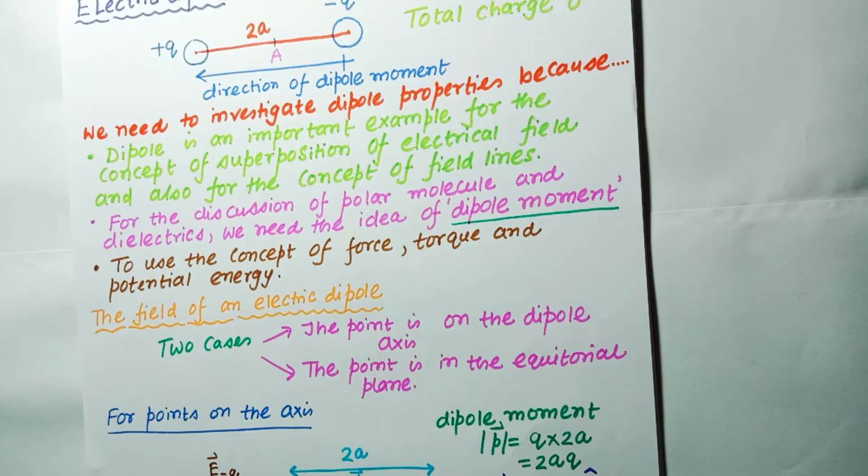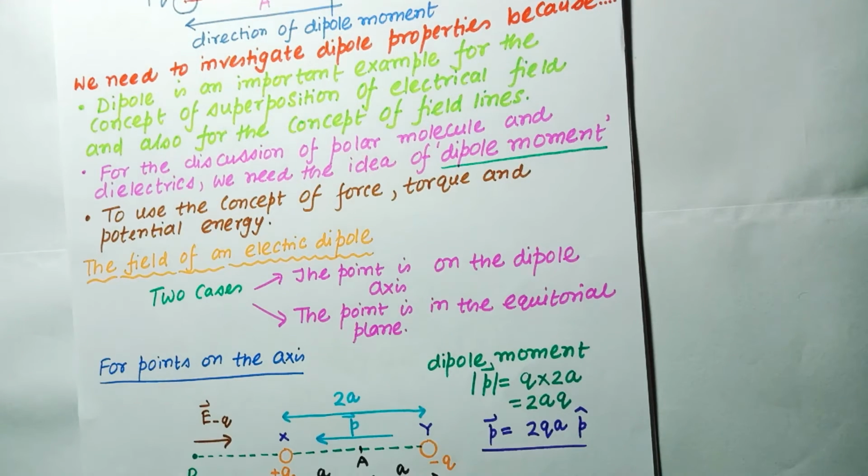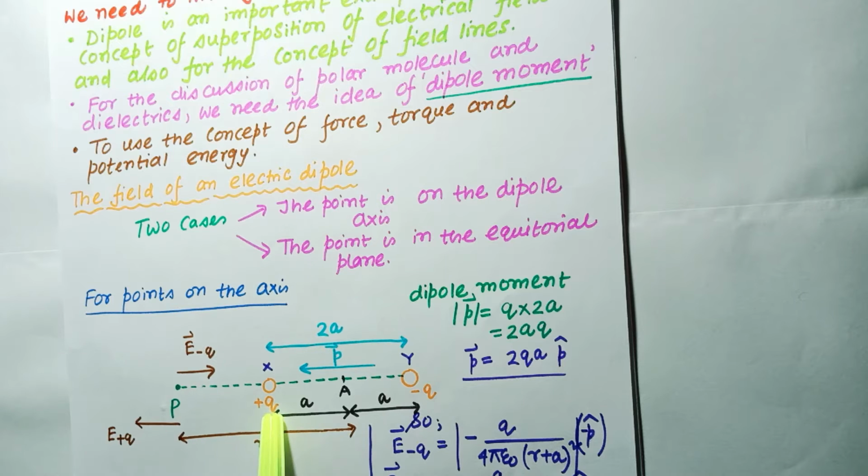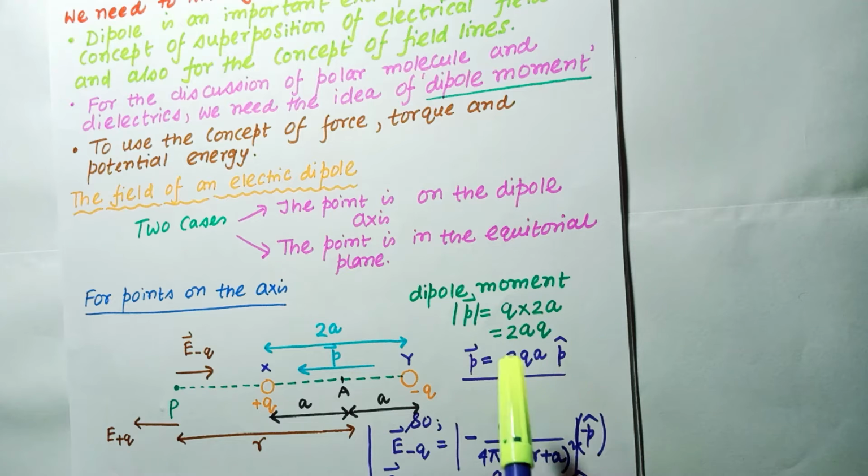So for points on the axis, we can see here is the dipole, with XY as the electric dipole. At point Y there is the minus q charge, and at point X there is the plus q charge. We need to find the electric field at the point P. For the minus q charge the electric field will be directed in this direction. For the plus q charge at the point P the electric field will be directed in this direction. The magnitude of the dipole moment is defined as the magnitude of the p vector, small p, equal to q times 2a, that is 2aq. In vector form we can write the p vector is equal to 2aq times the unit vector along the